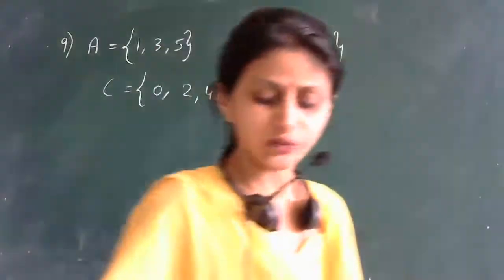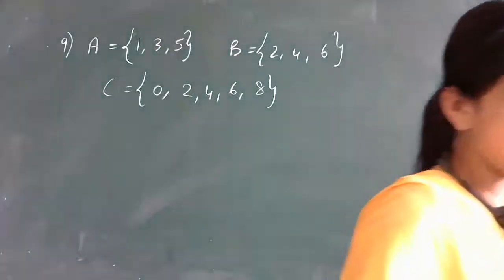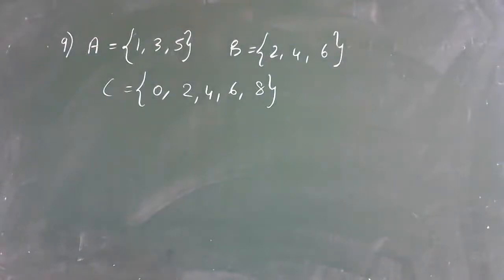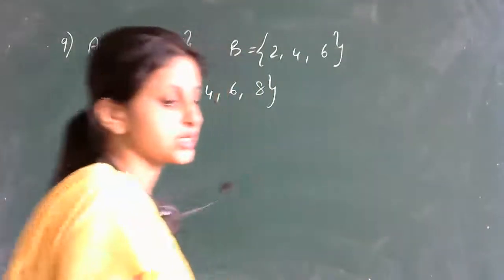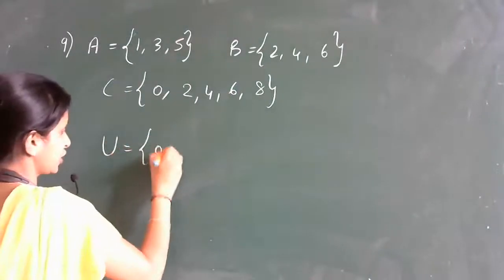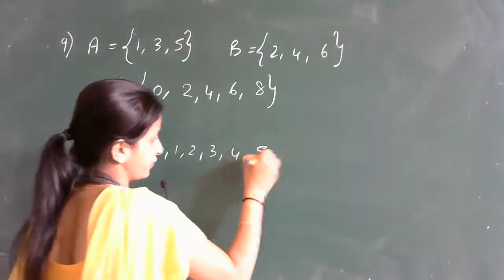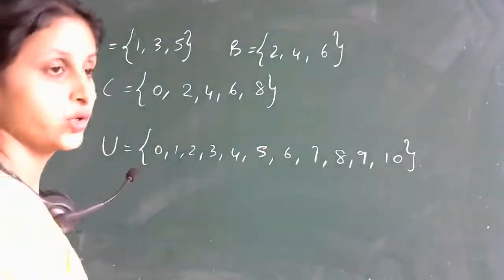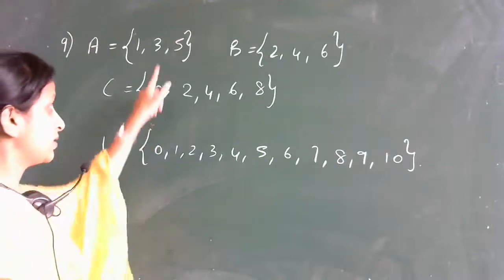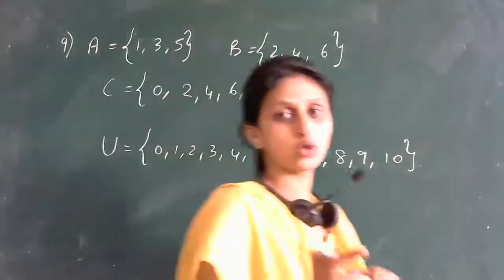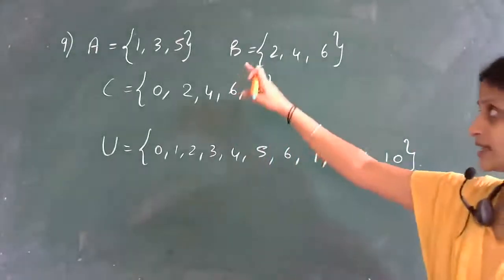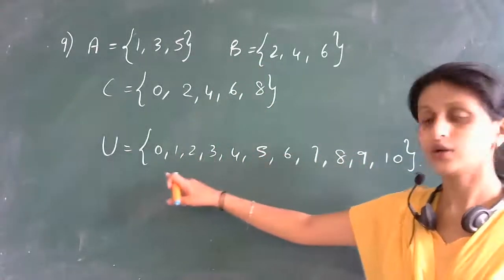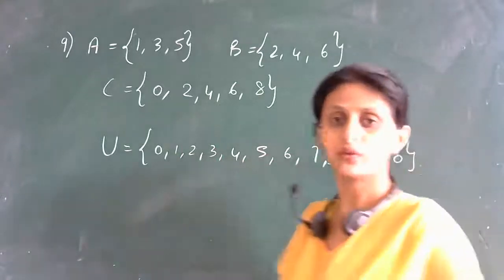Now which of the following will be considered as the universal set for all the sets A, B and C? So we have been given 4 options. Tell me which of the 4 options is correct. Very good. It is the third option, right? So what is the third option? U is equal to {0, 1, 2, 3, 4, 5, 6, 7, 8, 9, 10}. So this would be my universal set because it contains all these 3 sets and is more suitable. And of course, all these 3 sets A, B and C are proper subsets of U.